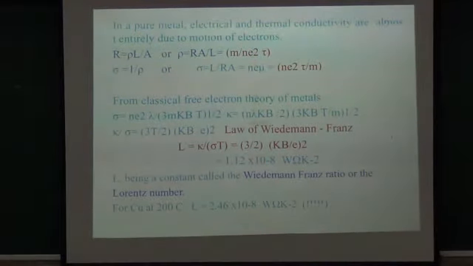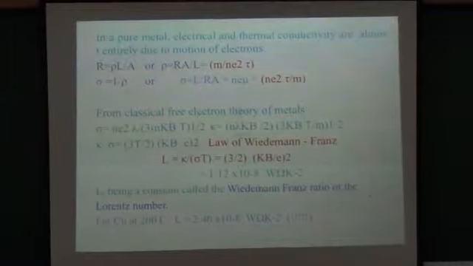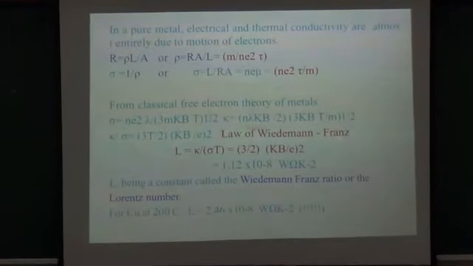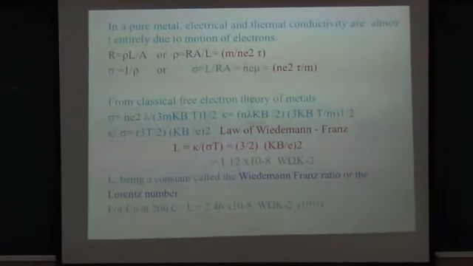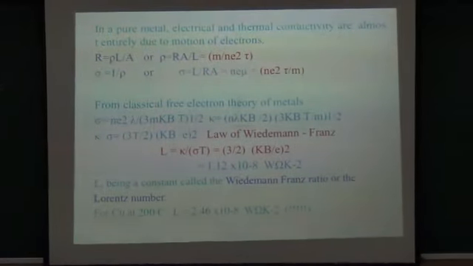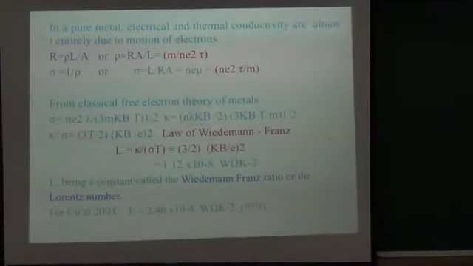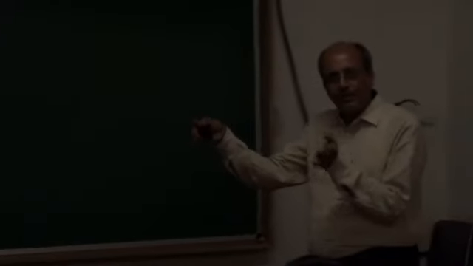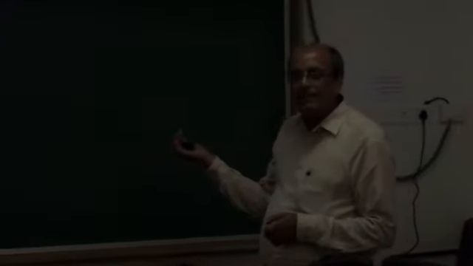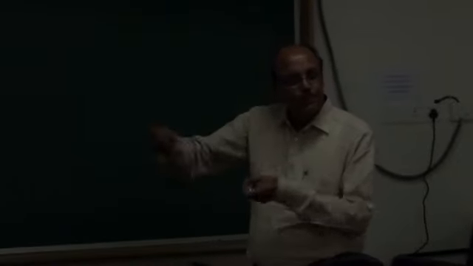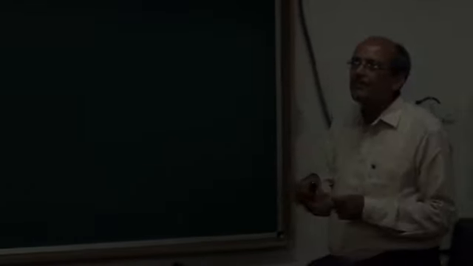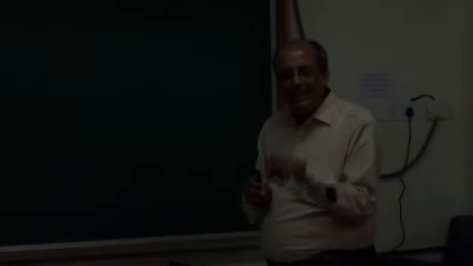If you begin with free electron theory given by Drude and Lorentz, I will not go into the details. We assume that we apply an electric field E, so every electron experiences an acceleration F over m, that is E over m. We write the average velocity u of all the electrons together. In the absence of an electric field, all the electrons are moving here and there, so the average velocity becomes equal to 0. So drift velocity Vd, just by applying the formula v is equal to u plus at, where a is equal to E over m.